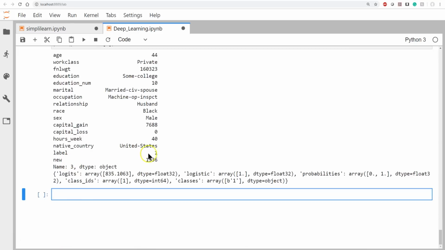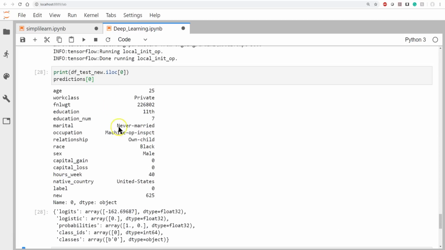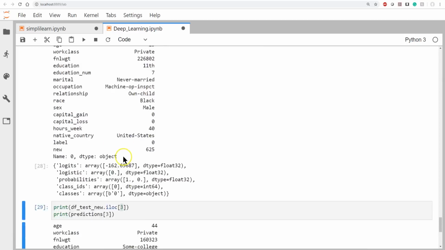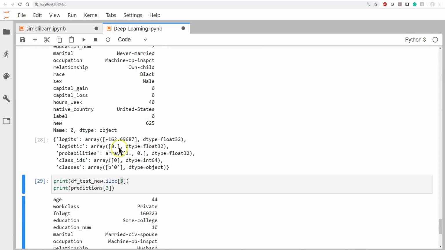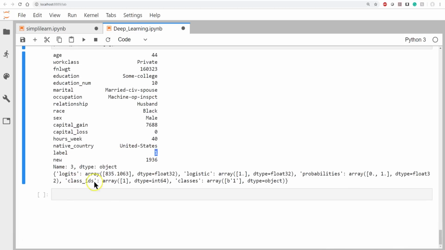And what's kind of nice about this is you can now see here's label 1, and here's our logistics output. Again, I have to kind of hunt for it a little bit in this particular setup, but here's the output array, and there's our 1. And they match, label 1, 1. So we predicted for the very first one, location 0, that it's going to be a 0 on the label. It's going to make under 50,000. And the individual in 2, working class, private, whatever setup on here, capital gain, capital loss, etc., came up as 1, meaning they're going to make over 50,000.